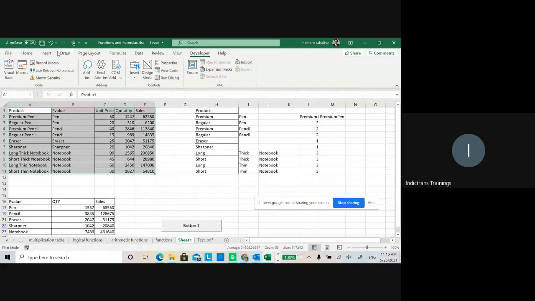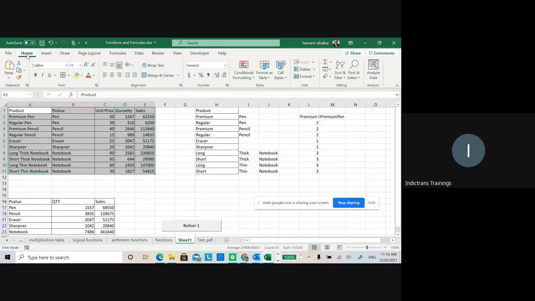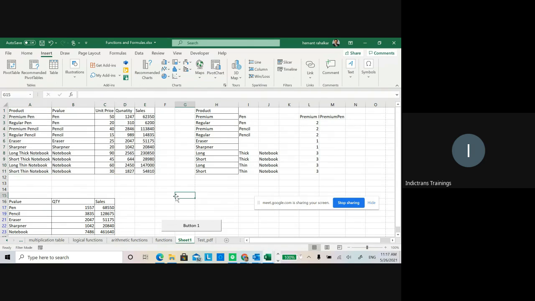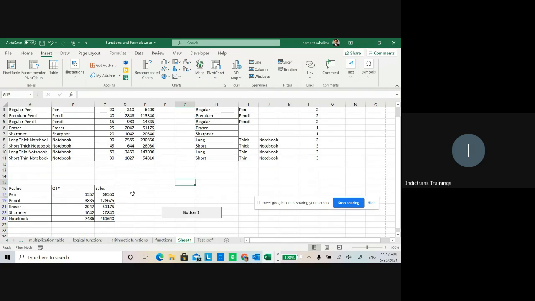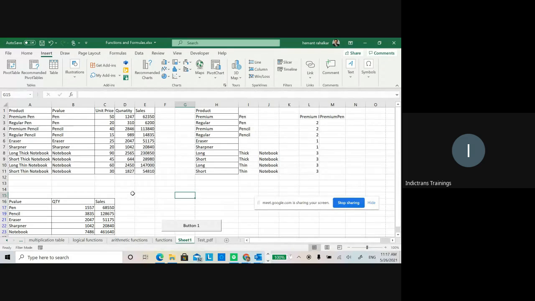Obviously, it is complex code in a way, and you may not really want to do it because it is easier to do insert pivot table. But yes, you could actually have a button which says create pivot table. You click on it, it creates a pivot table or creates a chart. All those things can be done. So if you're giving this Excel sheet to someone who doesn't know Excel, and just give two, three buttons like this, whatever that person needs to do, you could get it done. That is where I think the usefulness of macros comes. You don't need to train the person on Excel. You just say put this data there, click these buttons, you will get what you need.